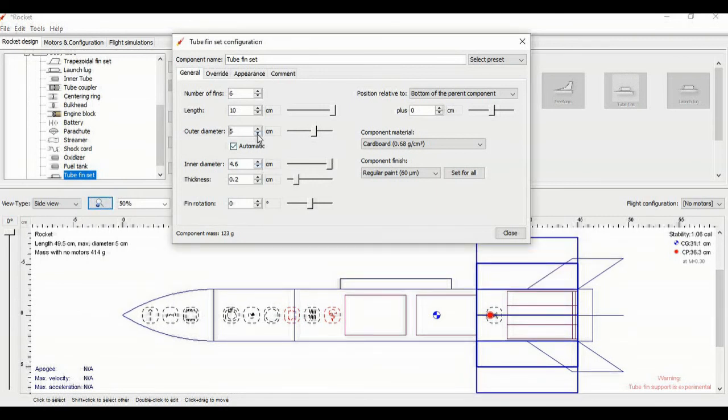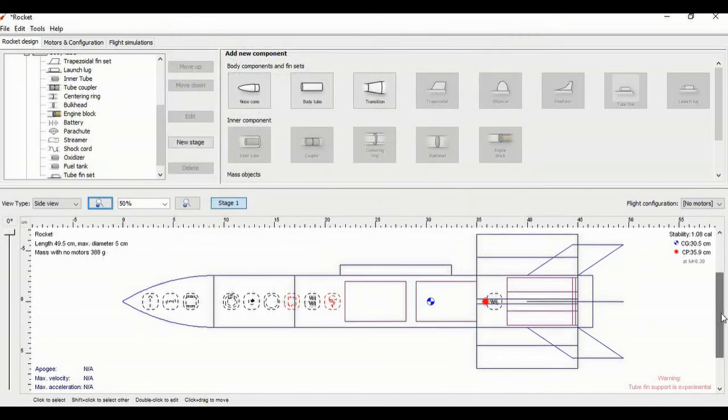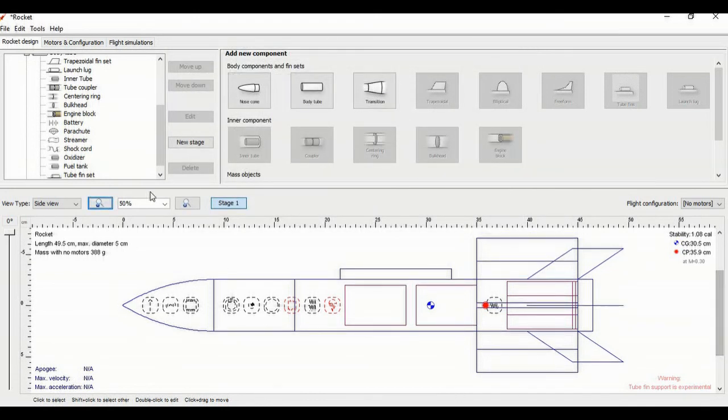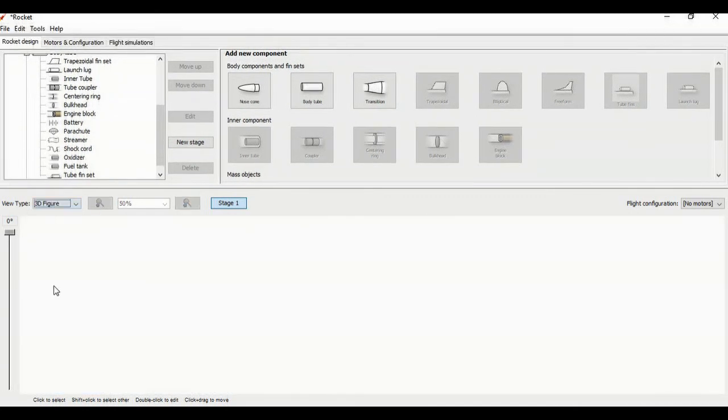So let's decrease its diameter a little bit. Yeah, and its length is okay. So now it will be looking a little bit bad in the look, but if you go to the back view, it will look like this. So it's okay. Now when you go in the 3D look, it will look very good. I also wanted to show you. I think I will show you in the thumbnail, but I think there are no chances. So don't worry, we'll do it.